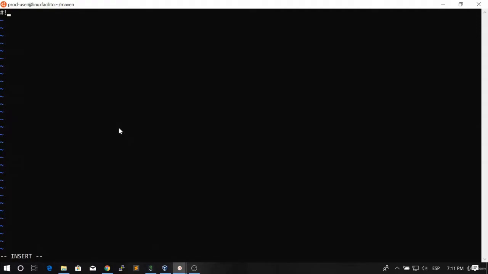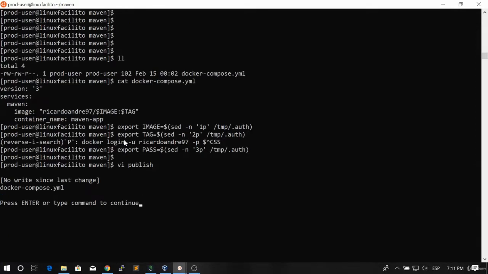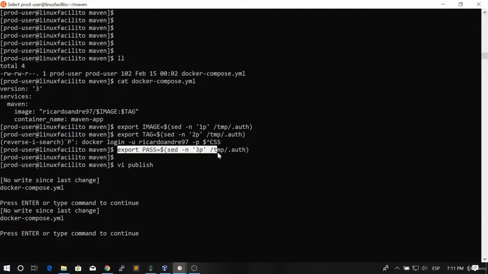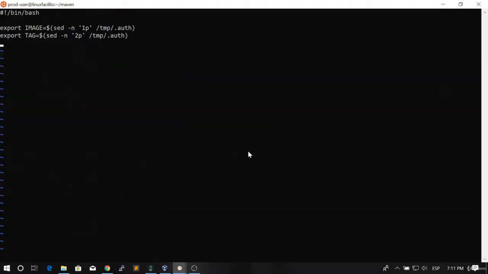We can say /bin/bash, and then we're going to execute this first line. Then we're gonna execute the second line, which is the tag. We're gonna paste that in here, and let's execute the third line, which is the password. So we're gonna copy this and we're going to paste it. Cool. So in this way, we already have the name of the variables that we're using in the Docker Compose